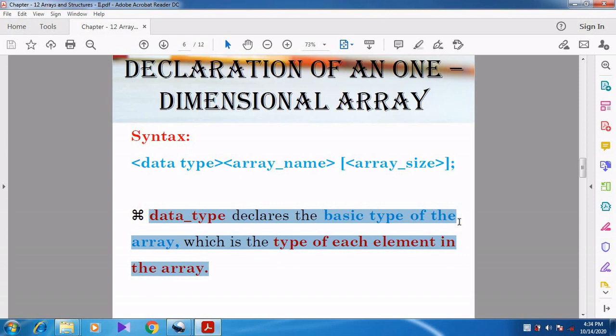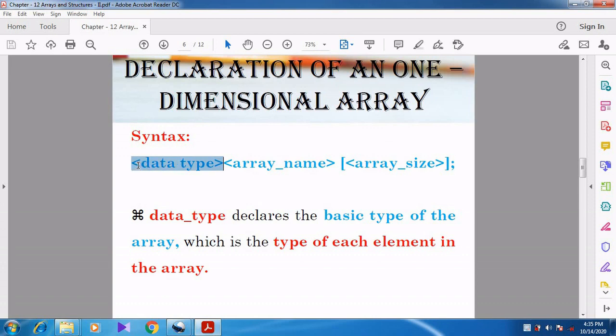Data type declares the basic type of the array, which is the type of each element in the array. So the element belongs to which data type? That we want to specify here as the data type.